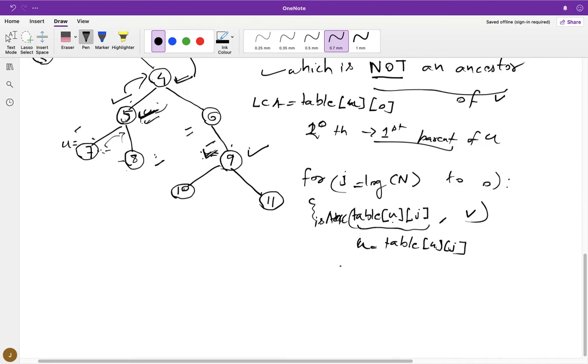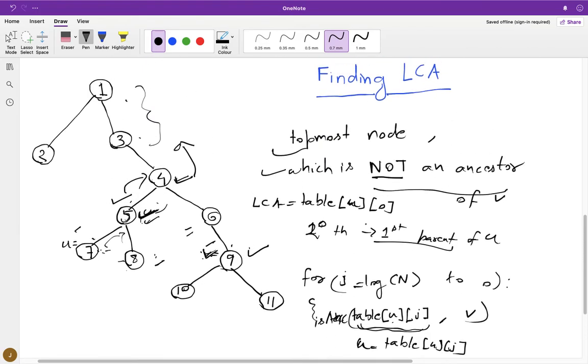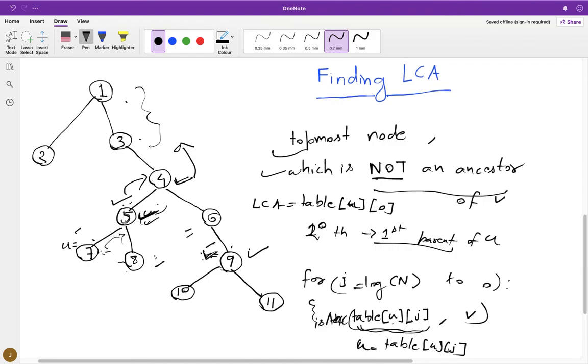If this node, the 2 power jth parent of u, is an ancestor of v, then you simply decrease j. Why? Because if I say my second parent of 5, okay, let's say if I say my third parent of 7 here is 3. If I say my third parent of 7, which is 3, is an ancestor of 9,